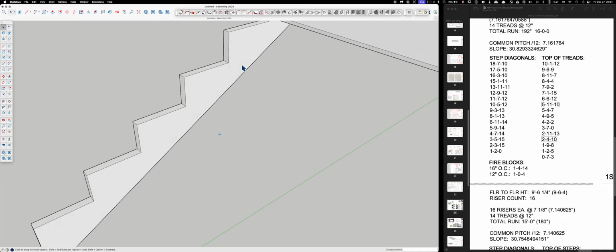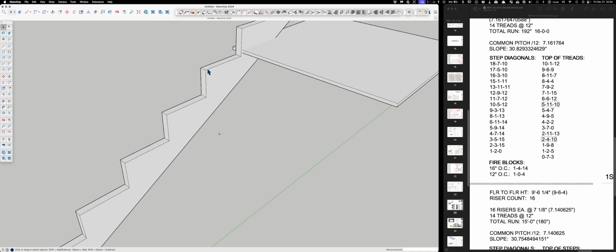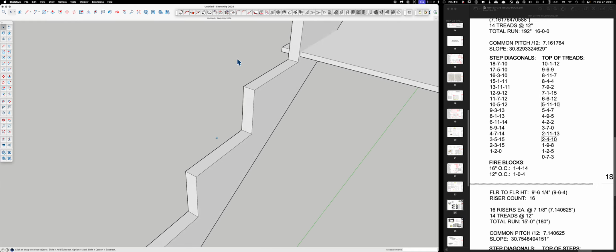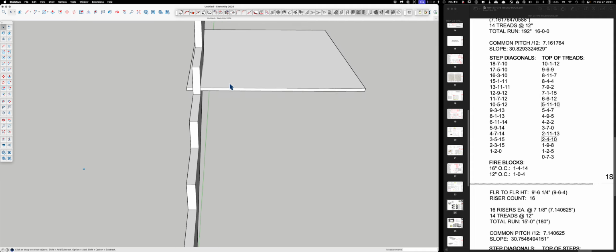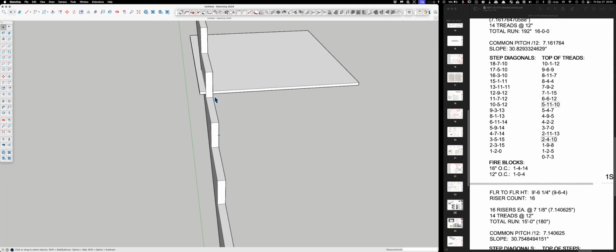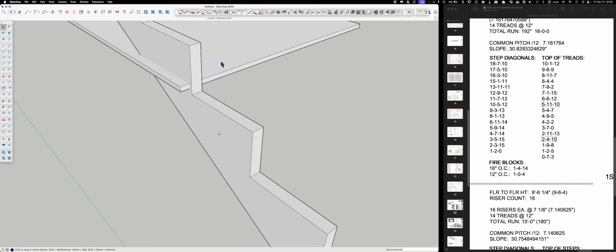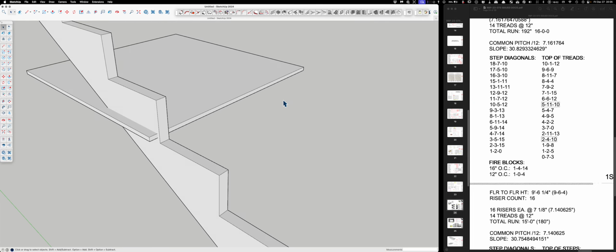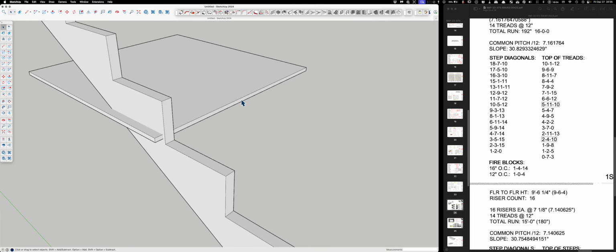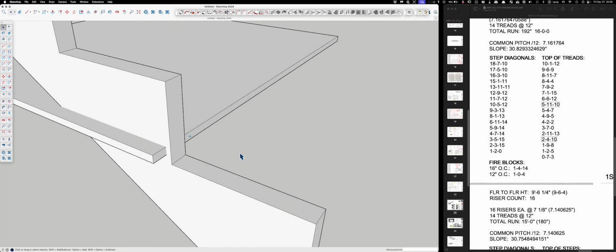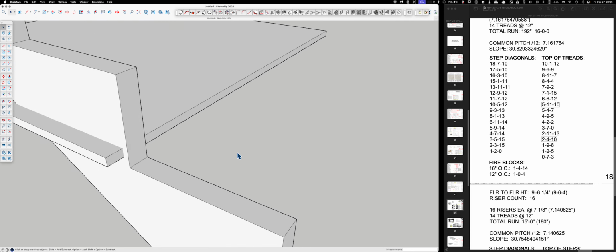So what I did is I built the platform to integrate with a 2x12 tread so that if you had nosing, you would also have nosing on the platform, because it sucks to have a 3/4 inch piece of plywood act as your nosing, because it's not the same as all these 2x12 nosings. So, and that's another thing. You can look this up on the